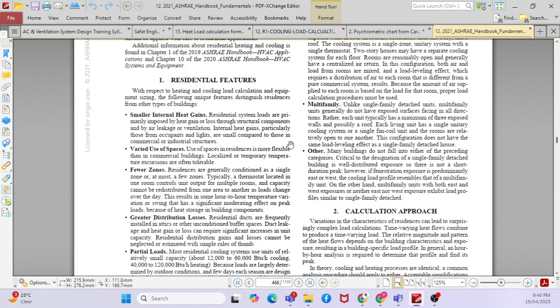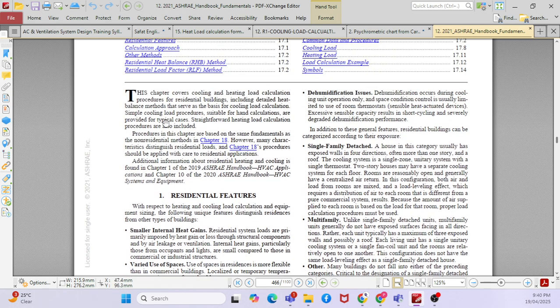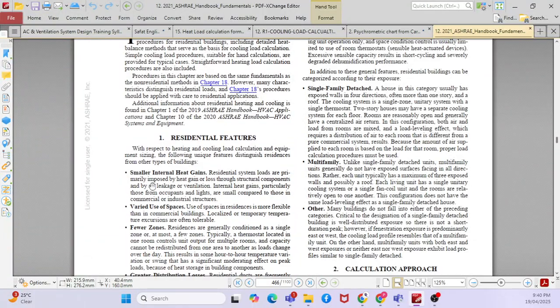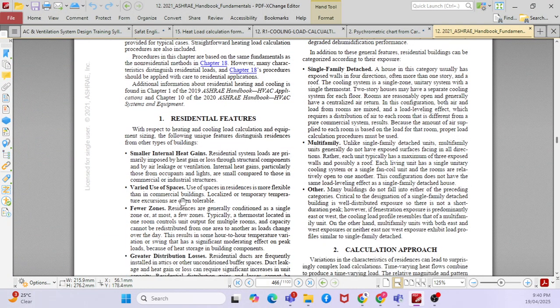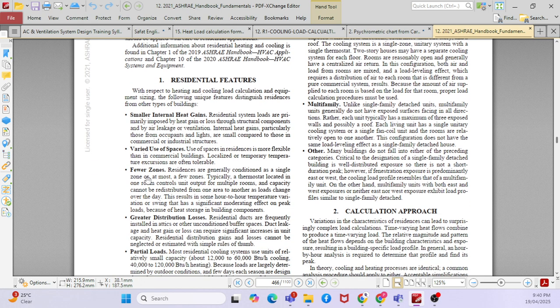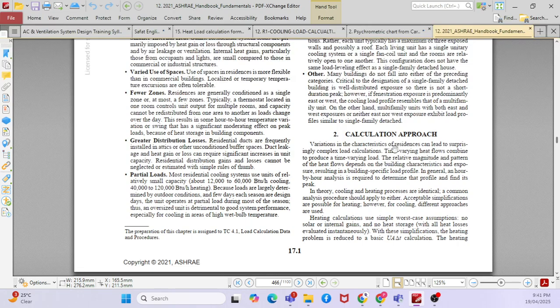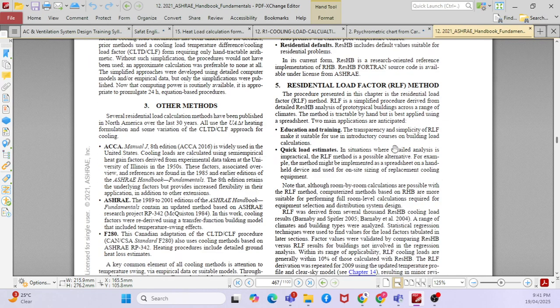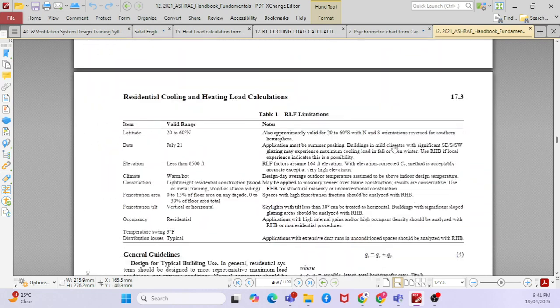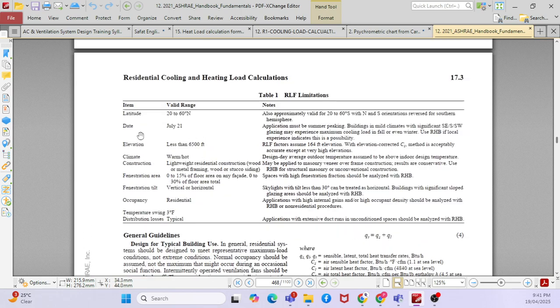So if you go further down, can you see there? You can also read. No need to read everything, just read the headings. Like what is that heading? Smaller internal heat gain, various use of spaces, fever zones. Try to understand, try to read the headings. And if you go further down, can you see that this is what we have seen, right? Latitude, date, elevation, the building elevations,